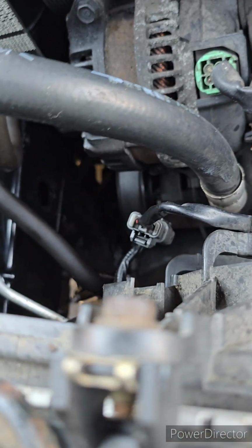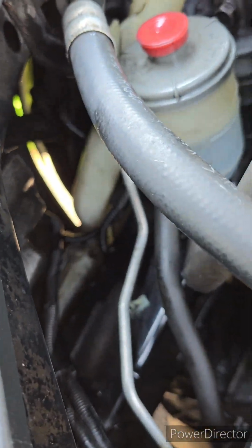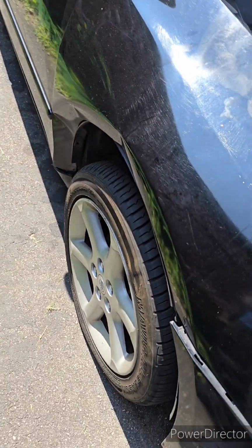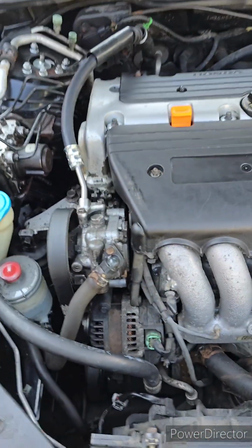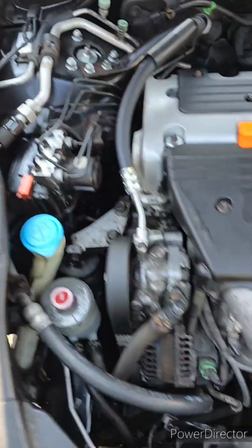Splash shield for that little quarter side. I gotta get the splash shield for the actual fender. I gotta get the actual fender. I gotta get some clips for the fender. And yeah, pretty much that's it. I gotta get